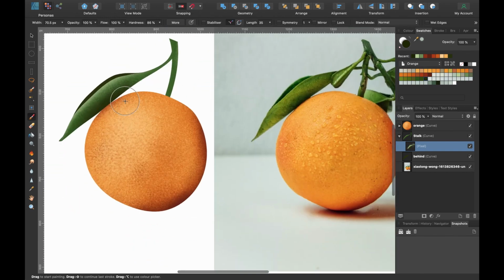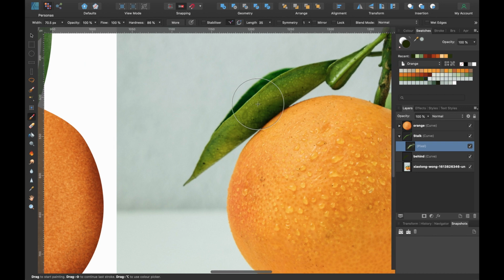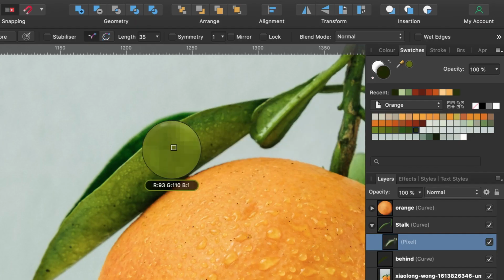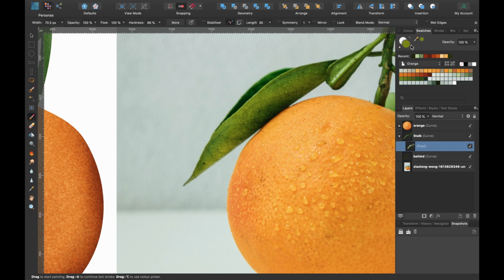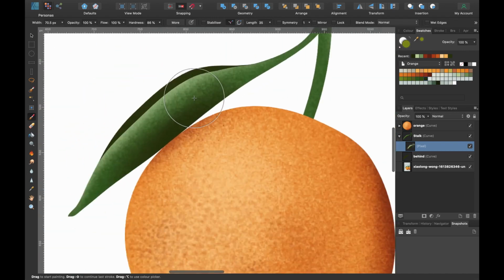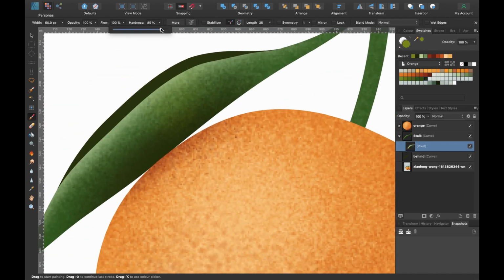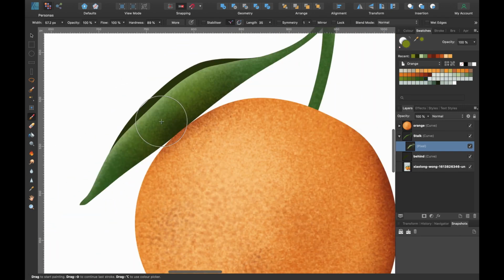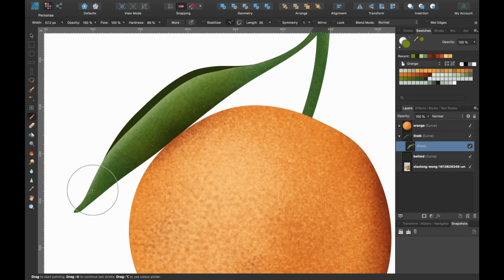Okay, it's not as yellowy as that one, and maybe I should make it like that. So maybe I'll just pass through with a new color. So I'll just grab the eyedropper tool in the top right, and I'll just select kind of a color that we don't seem to be having. And click on it, and this is our new color. I'm going to make the hardness a little bit more. Just kind of dragging over it a little bit.